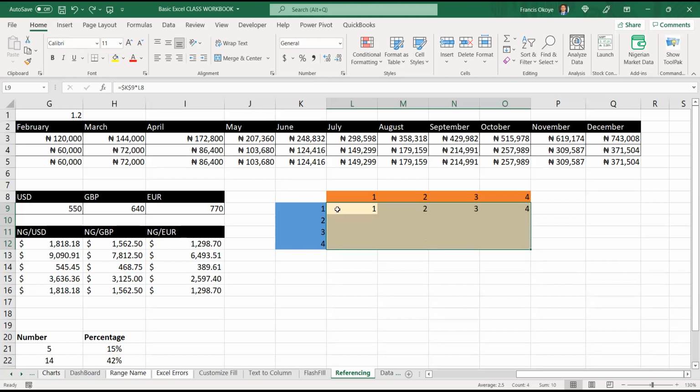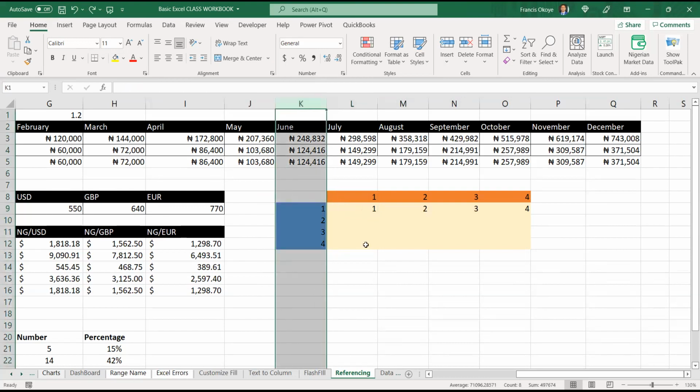So you need to understand what you are trying to do. That's why this mixed reference is a little bit more complicated. What this one is doing is just holding this one constant for me. I'm multiplying, so by default, because 1 times whatever will give that number, this first one is correct. But now I want a situation where I will hold this constant while this row will be moving.